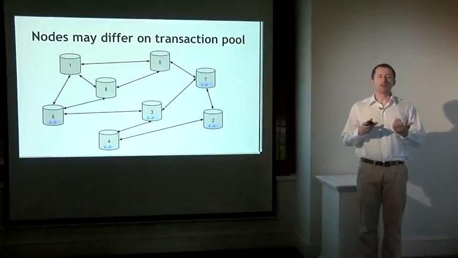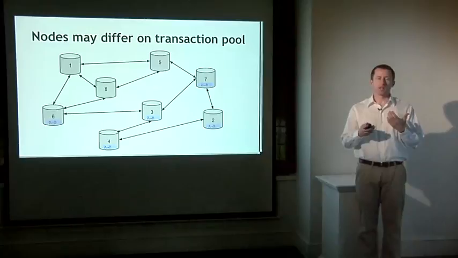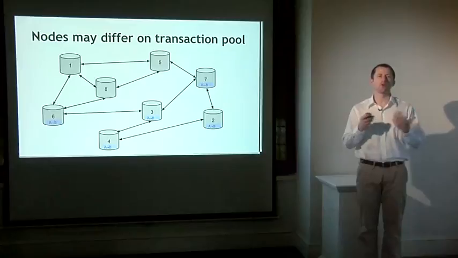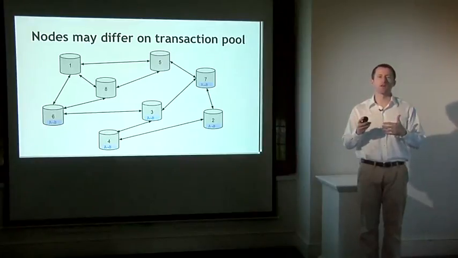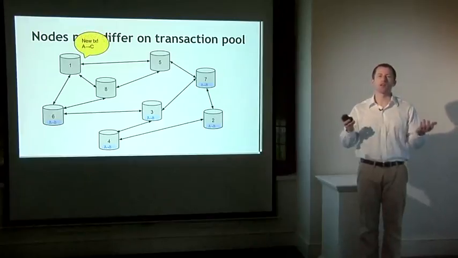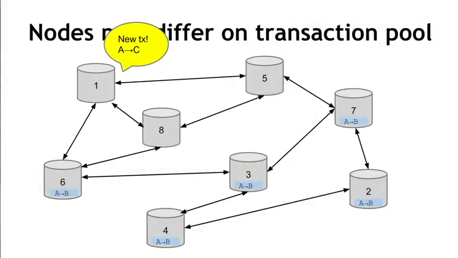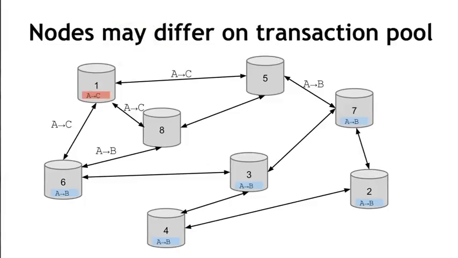So it's possible that nodes will end up with a different view of the pending transaction pool based on what they've seen. So let's go back to this example where node 4 originally relayed a transaction where Alice was trying to pay Bob. And let's say that this transaction hasn't yet flooded to the entire network, and before it gets to everybody, node 1 is going to announce a new transaction and say, hey, I just heard Alice is trying to pay Charlie. Now from node 1's perspective, this is a valid transaction, and they haven't seen the other transaction where Alice is trying to pay Bob. So node 1 is going to implement the protocol normally and is going to tell all of her neighbors about it.